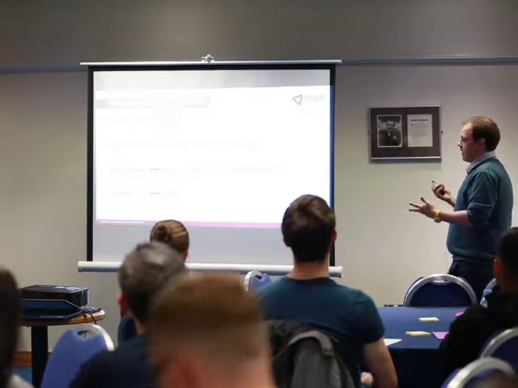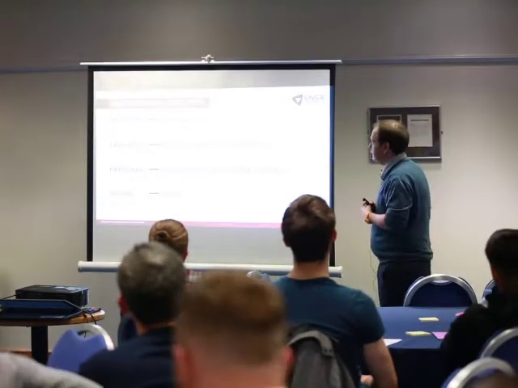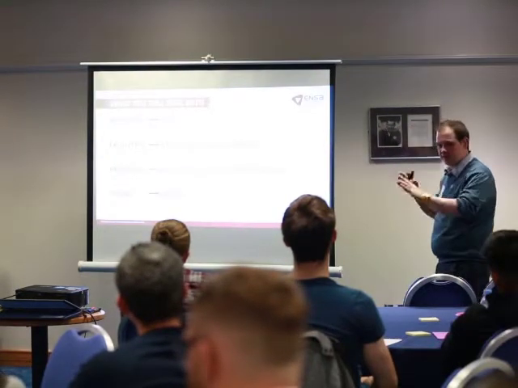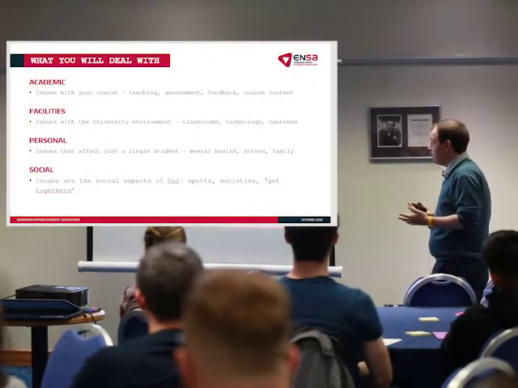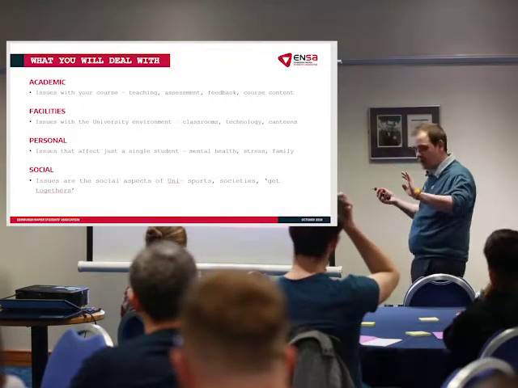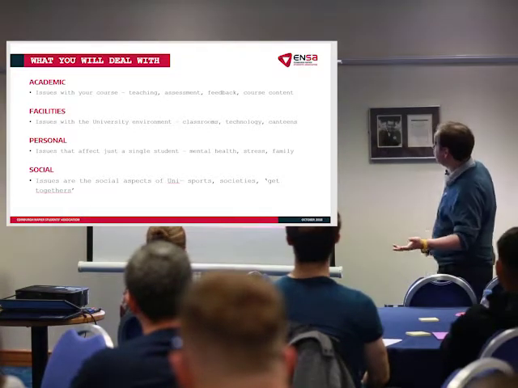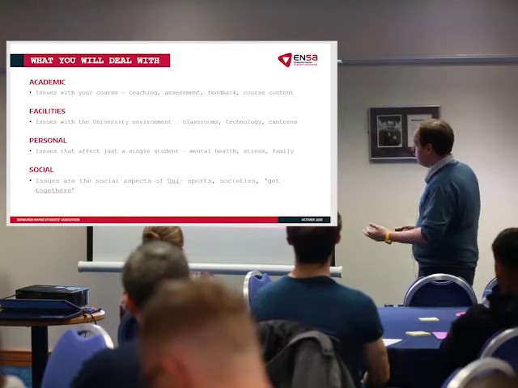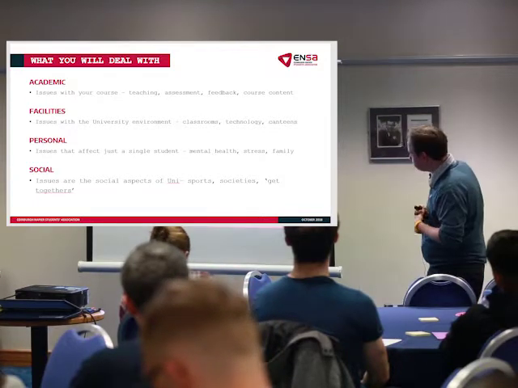So I thought we would move on to some of the stuff that you might have to deal with, some of the bits that sit in the middle of there. I've divided it up into 4 rough sections. They're not set, I just thought it was an easy way to think about things. There's academic issues, that's all the stuff with your course: teaching, assessment, feedback, the course content, whether it's really good and we want to let you know that, or these are some things that we need improved and this is how we think we can do it. That kind of information would go to your student staff liaison committee.